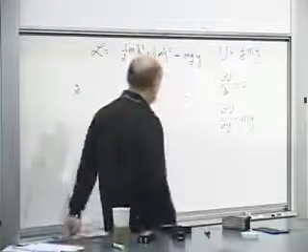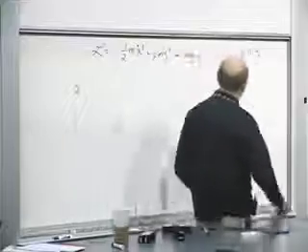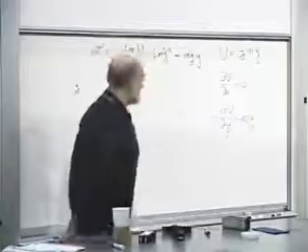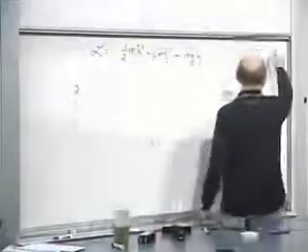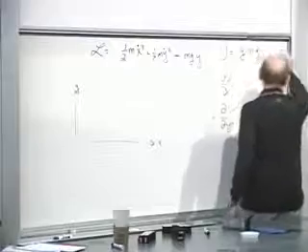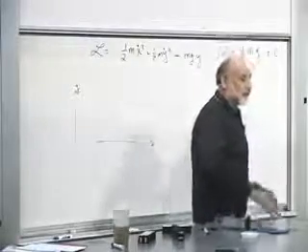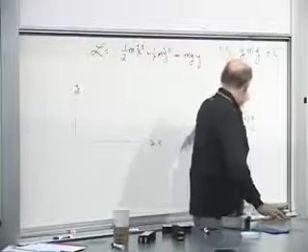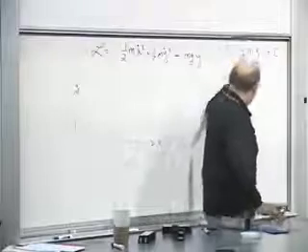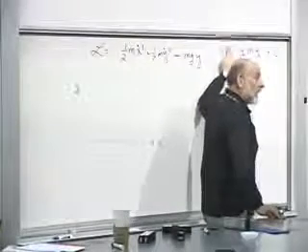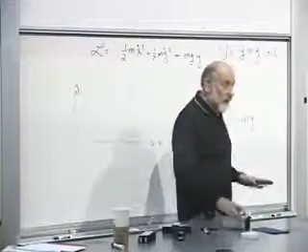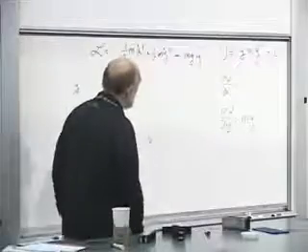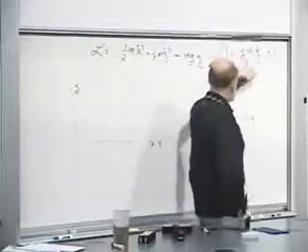Now notice, incidentally, let me point something else out. We could add a constant. This is something I should have pointed out a while ago. You can always add a constant to the potential energy at no cost. It changes none of the physics. Now that constant has to be treated as a true constant throughout the problem. It doesn't change anything because it doesn't change the force. If you add a constant, it doesn't change any of the derivatives of u, and so it doesn't change any of the forces. It resets the zero of potential energy, but there's no physical consequence of adding a constant to potential energy.